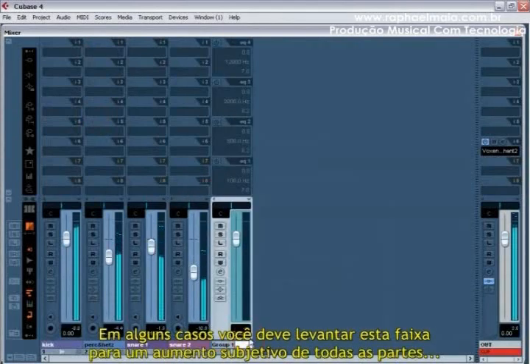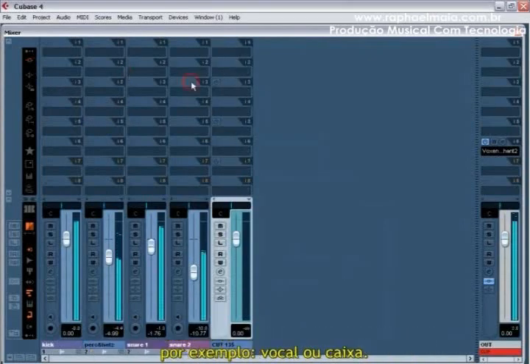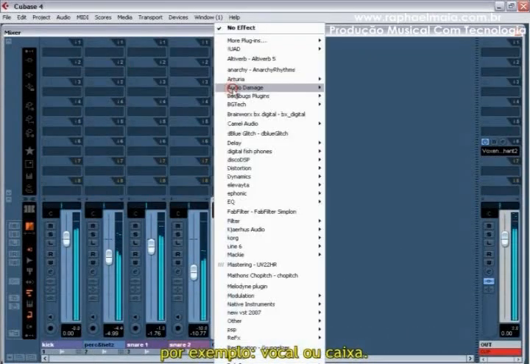In some cases, you should lift this range for subjective loudness of every part, for example vocal or snare drum.